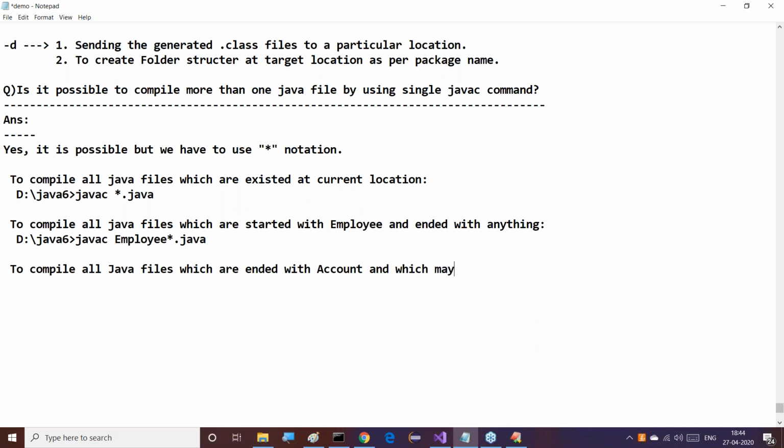That doesn't matter. In that situation, what will be the command we have to use?